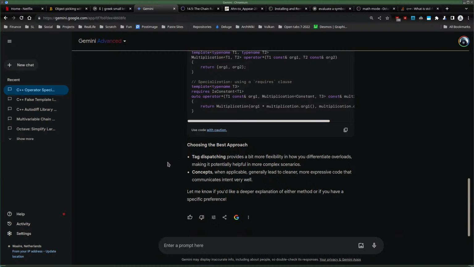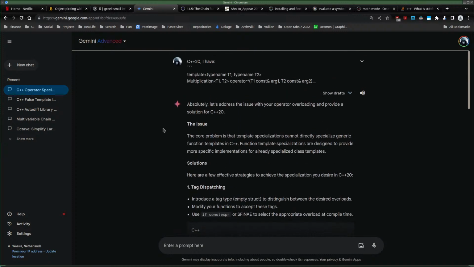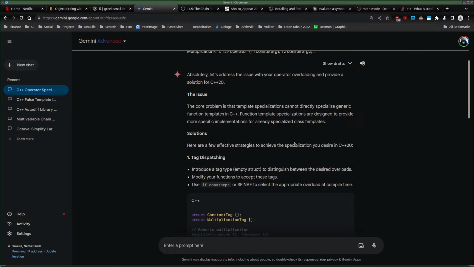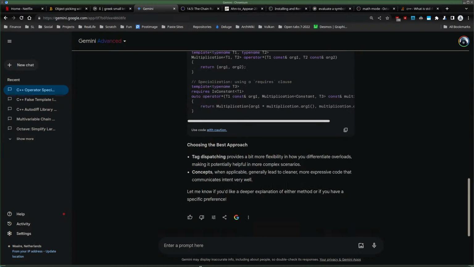Yeah, so I'm already using tags and concepts, and I thought that this would work, but apparently it's only the first paragraph here. It says that it is not possible. Template specializations cannot directly specialize generic function templates. Function template specializations are designed to provide more, I don't know. Can you elaborate on